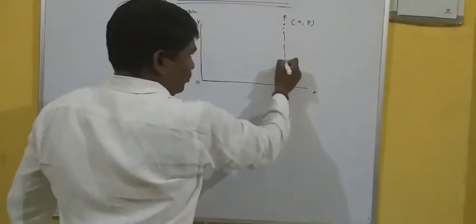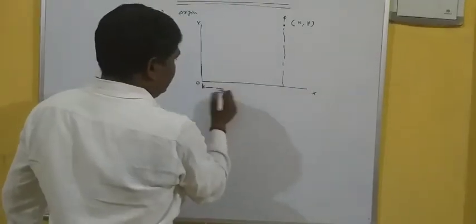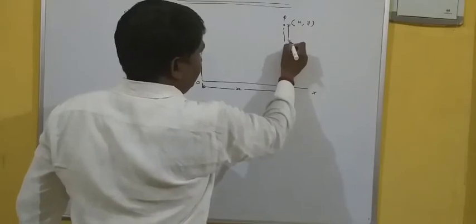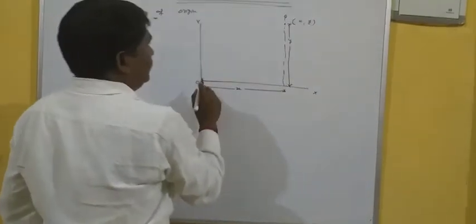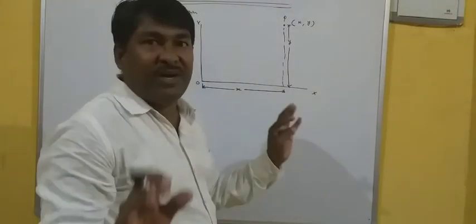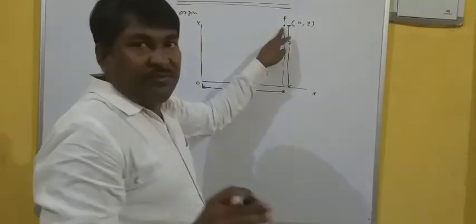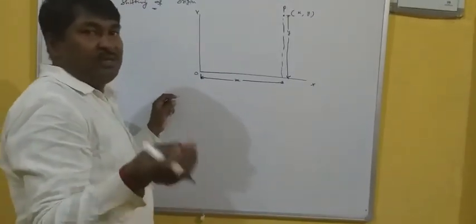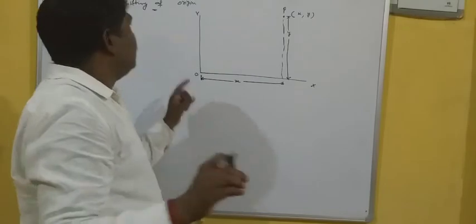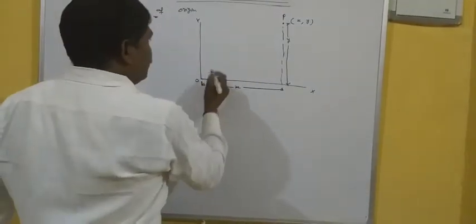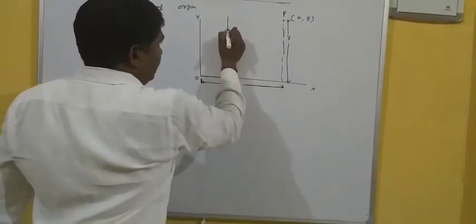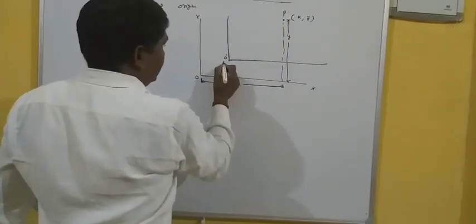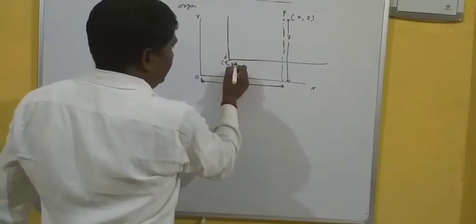According to coordinate geometry, it is obvious that this distance is x and this distance is y. But if you want to represent this point not with respect to this origin but with respect to some other point considered as the origin, that means shifting of origin. Suppose the axes are parallel to each other, but your new origin is O dash, at h, k.